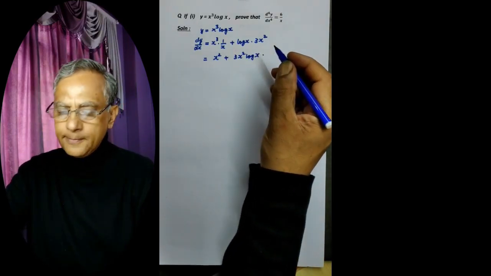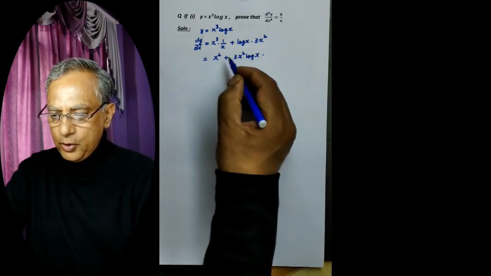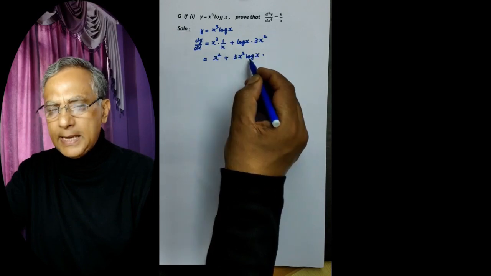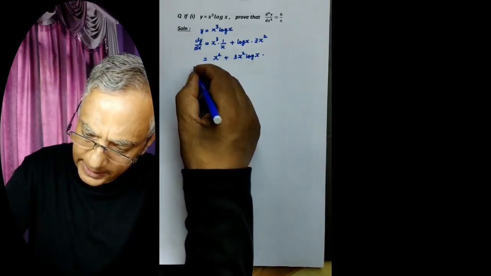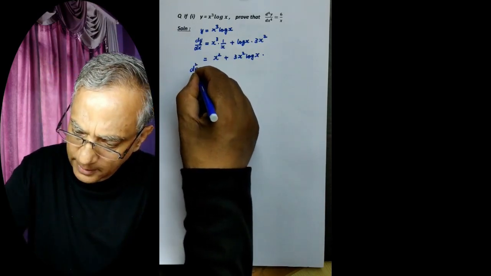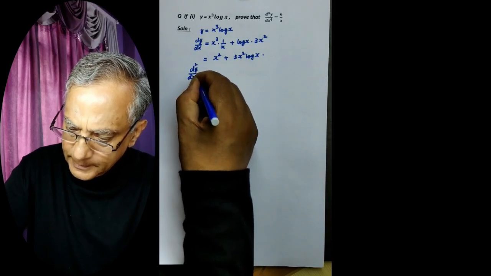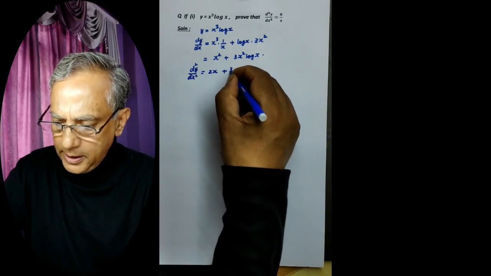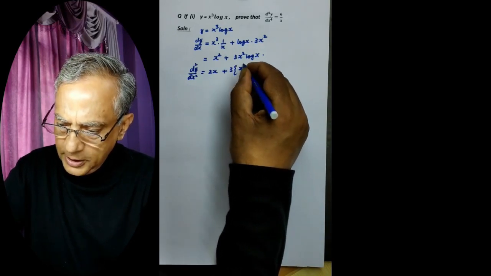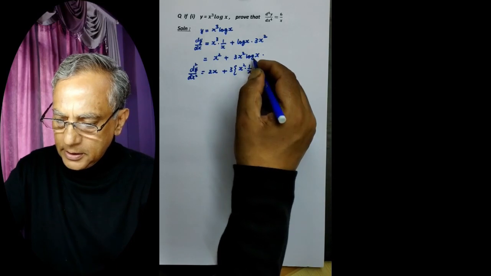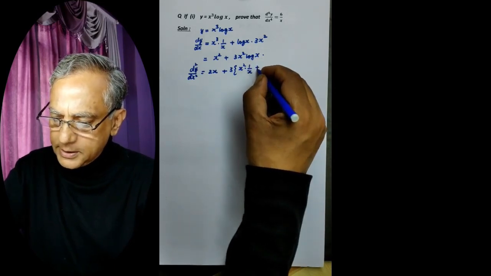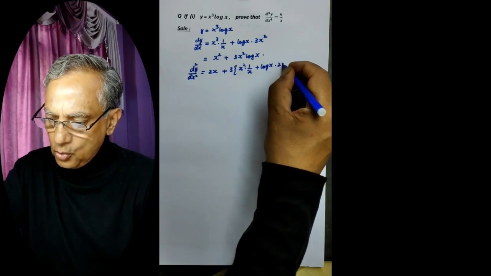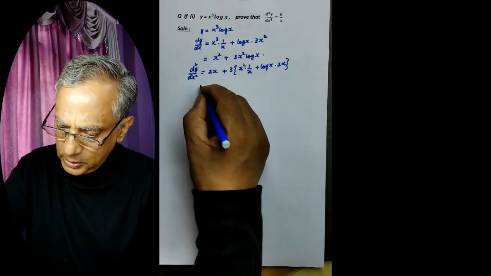3x² log x. We do not take x² outside. We prefer these terms as it is. So what we get is, on differentiating, d²y by dx² is equal to 2x plus 3 into first function, differentiation of second. Differentiation of log x is 1 by x plus second function log x into differentiation of first, which is 2x. So this is equal to